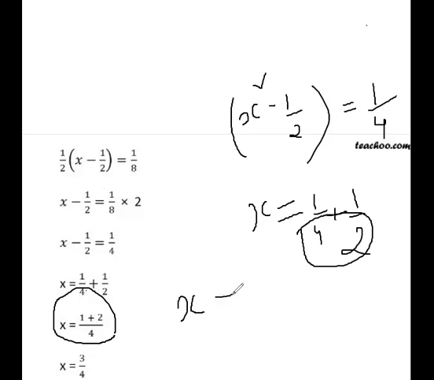On the right hand side, what is happening after taking LCM? The LCM is coming as 4, and on top it will be 1 as it is. And then we divide 4 with 2, which will be 2, and 2 ones are 2. So it will come 2 here.